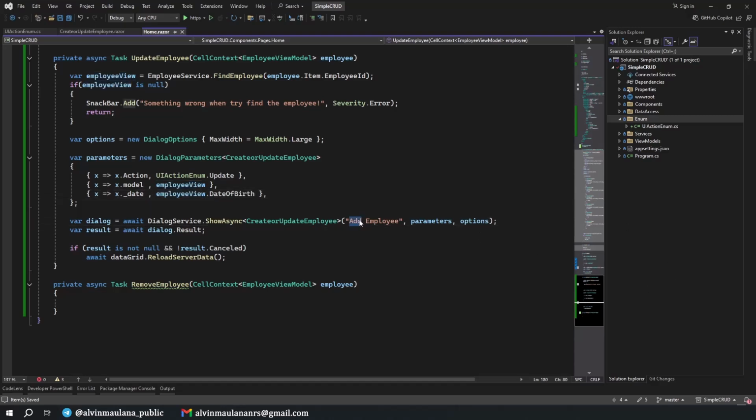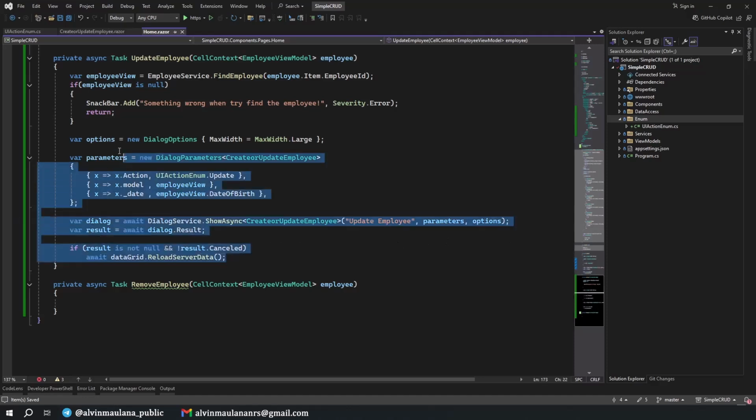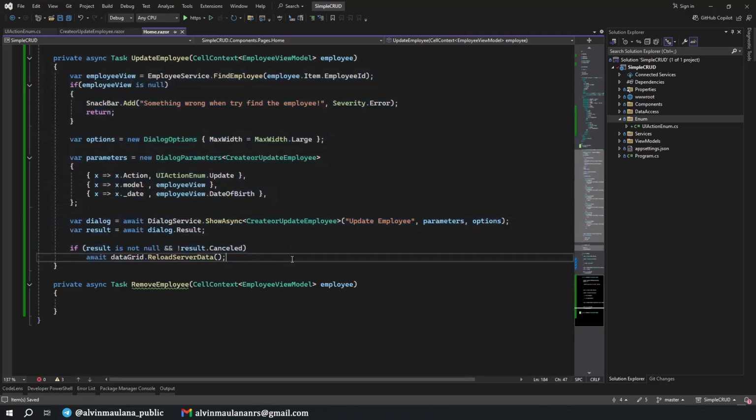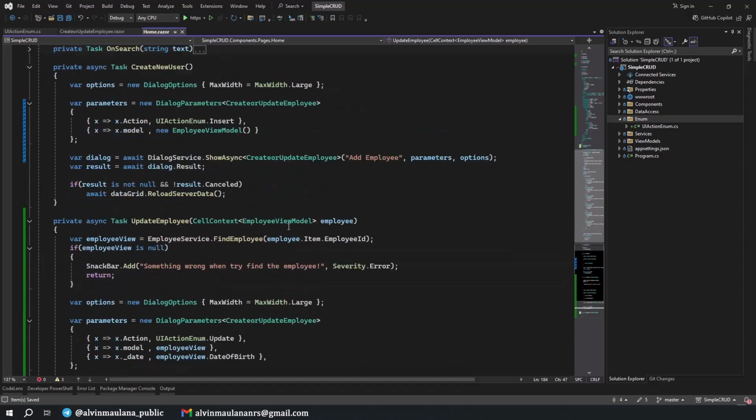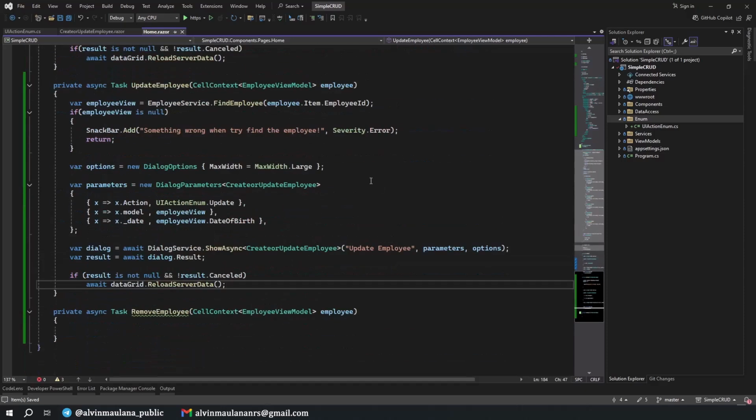This one we will change to update employee. This is the dialog title, and the others seem good. We don't need to change. Okay. Now update employee is complete.